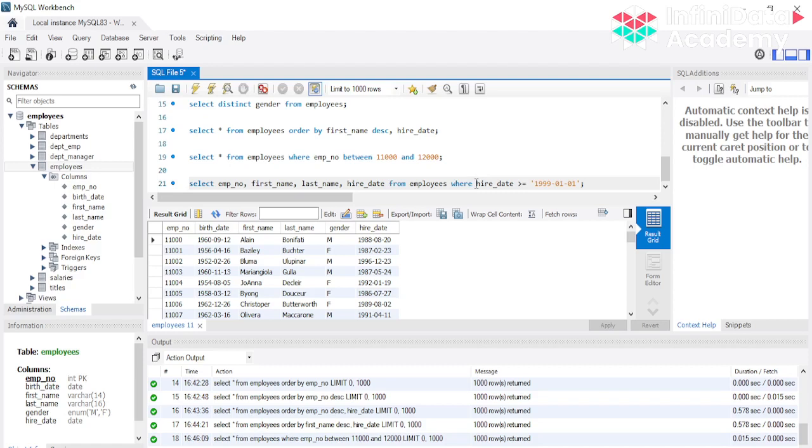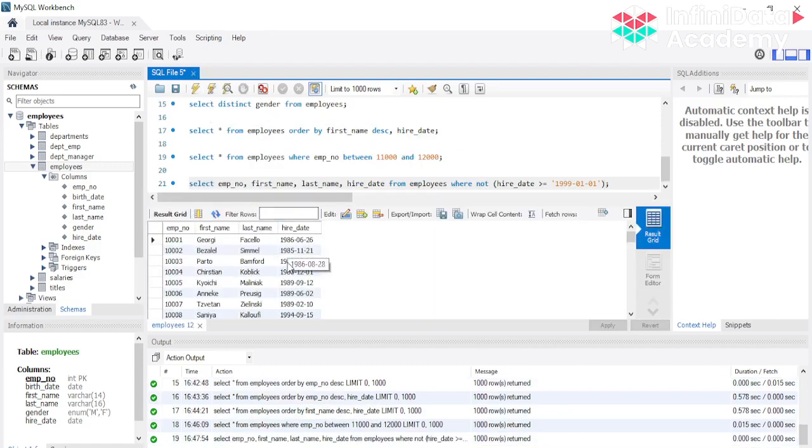So NOT operation इसमें कैसे यूज होगा? Let me see, where NOT is basically जहाँ पे ये condition false होगी, right? Where hire date is basically greater than 1st Jan 1991. So जहाँ पे भी ये condition false होगी मेरे को वही row select करनी है. So let me run this and you can see the output.